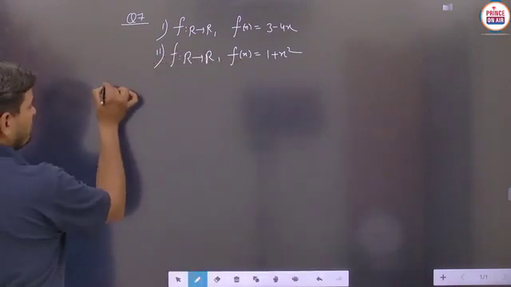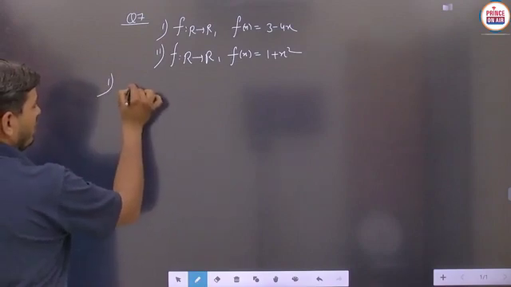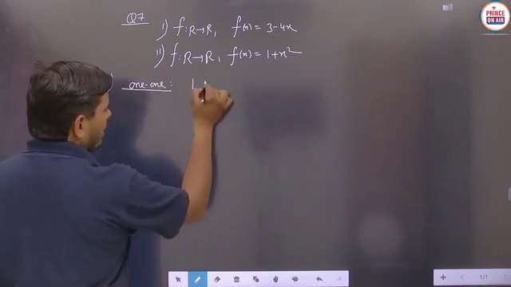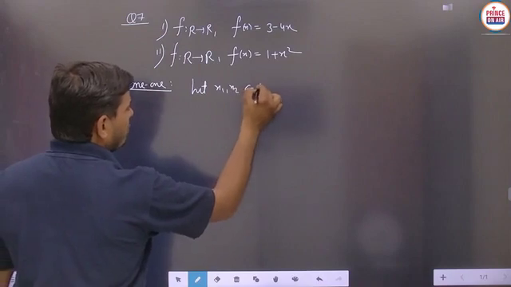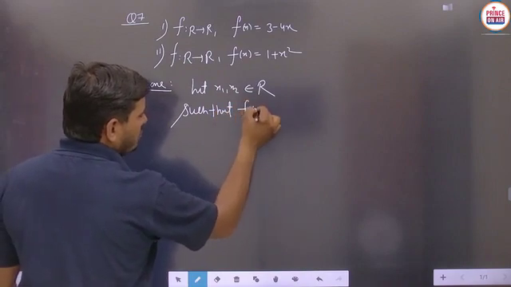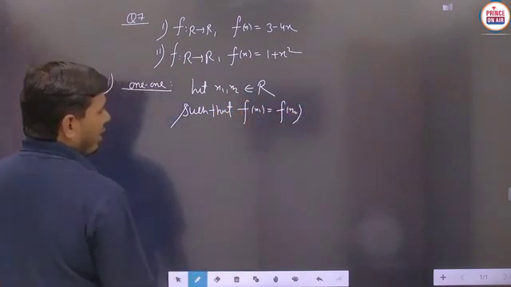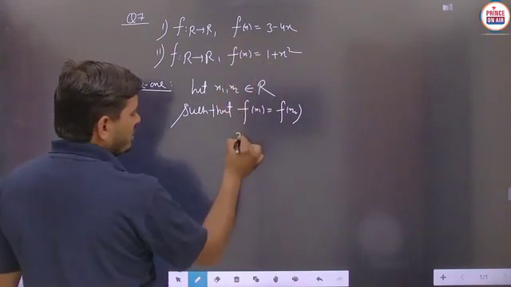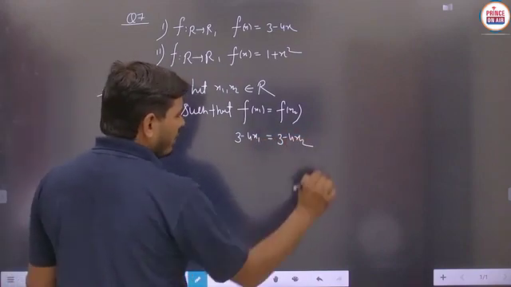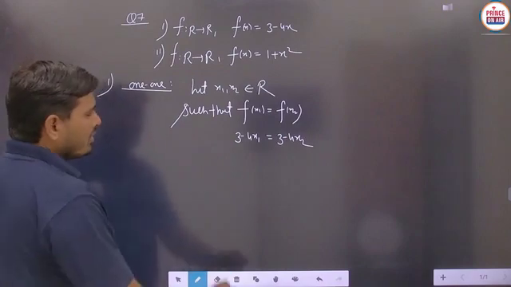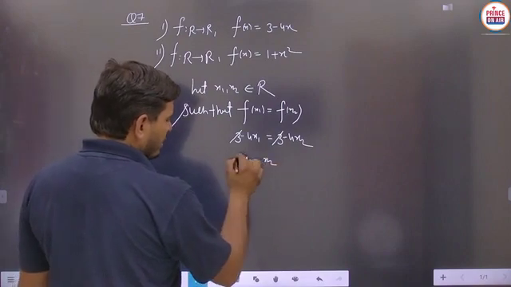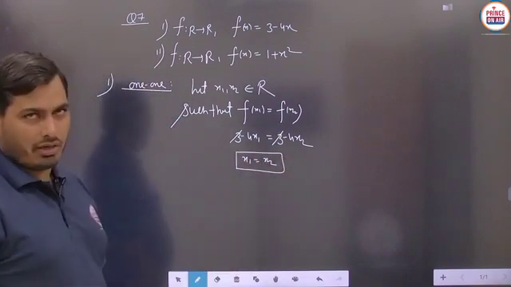So we are solving the very first question here, where first of all we have to check the case of one-one. So for one-one we say let x1, x2 belong to the set of real numbers such that f of x1 equals f of x2. Is it to be clear? F of x1, using the definition, you can write 3 minus 4x1, and this will be written as 3 minus 4 times x2. Now students, you can solve the rest. A very simple calculation: 3 will get cancelled out, and here you get x1 equals x2 always, no problem. Is it to be clear?